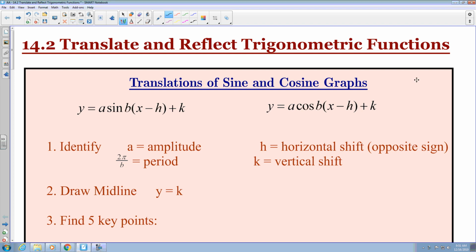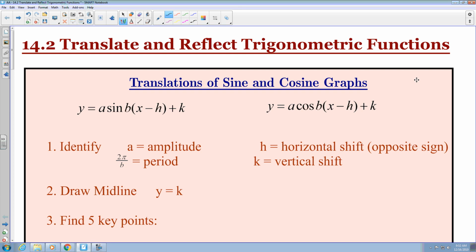All right, we're in section 14.2 where we're going to translate and reflect trigonometric functions. So in 14.1, we looked at being able to graph the three trig functions: sine, cosine, tangent, and that was when there was no translations. There was no horizontal or vertical shift when it came to those types of problems, which meant that we were